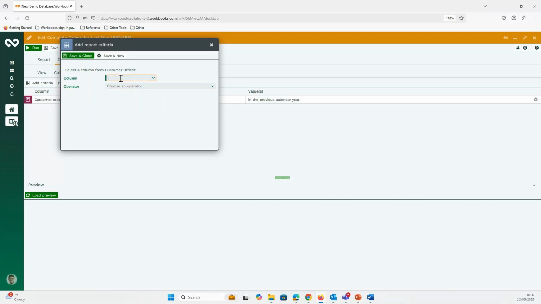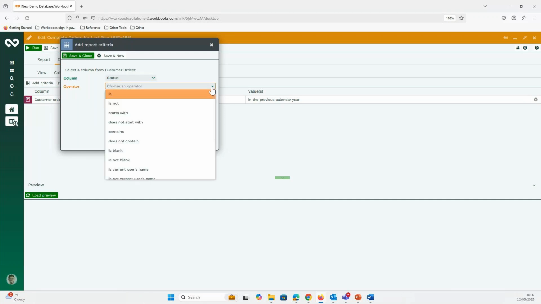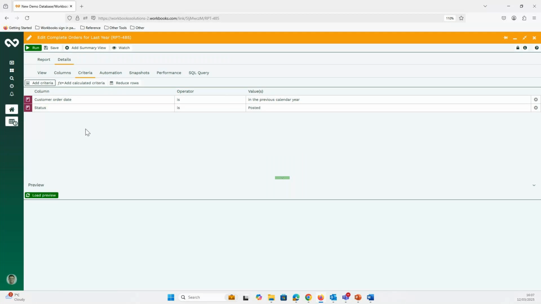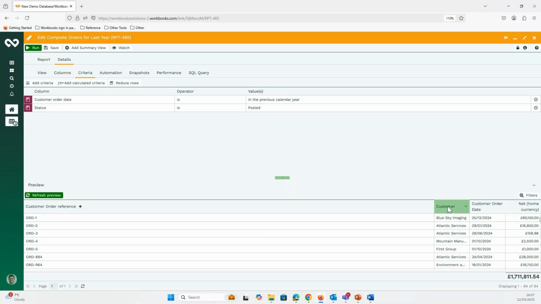And I'm also going to put a criteria for the status where the status is posted. This will ensure that I'm just looking at closed orders for last year. Now, if I go add preview, and I'm just going to sort by the customer, you can see that down